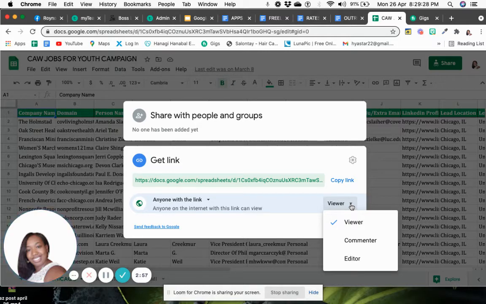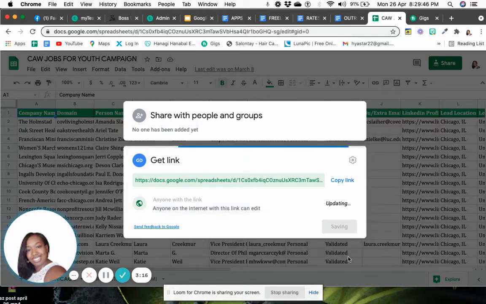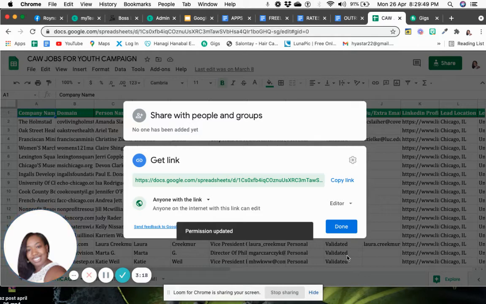Now, in this case, let's say, for instance, it's one of my clients. We have a long-standing relationship. I want them to have access to the document to make changes, because at the end of the day, I'm going to be leaving notes for them to add information or to take information from it. So I'm going to choose editor for this one. And if you notice, it says copy the link. All you have to do is copy the link here